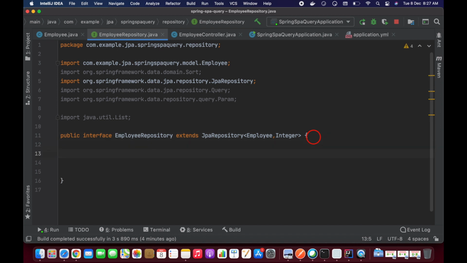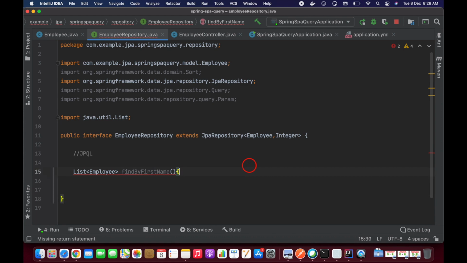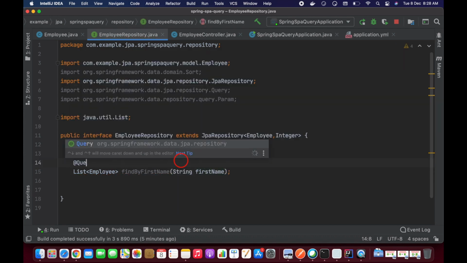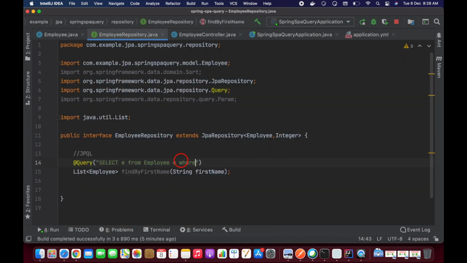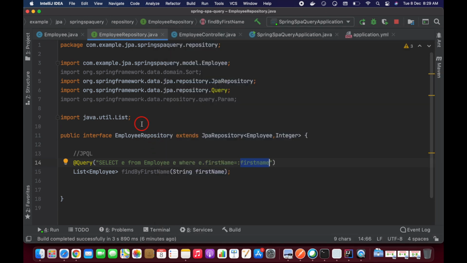First of all, I want to get the data from the database starting with the first name. I'm going to make use of JPQL here, with first name in the where condition. How we pass it is with @Param, which is a named parameter.